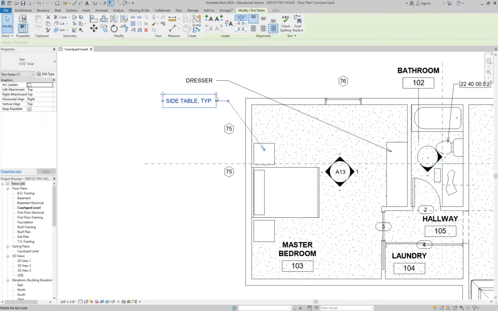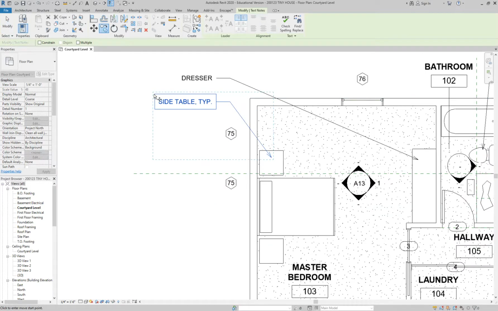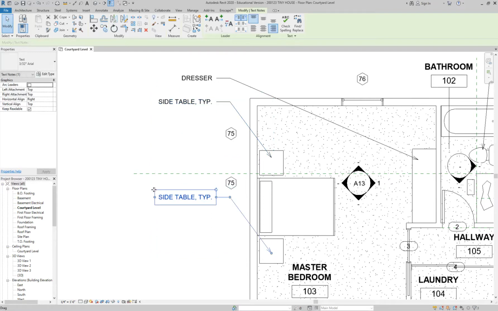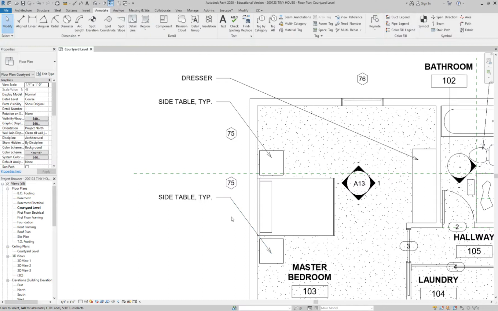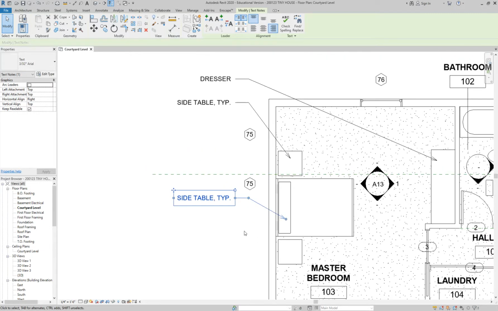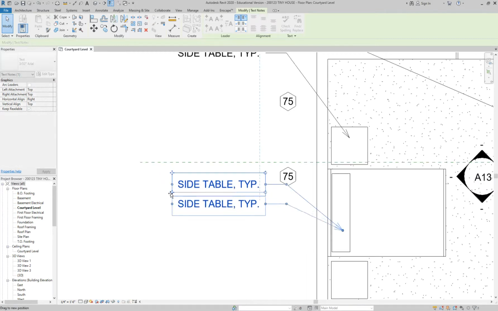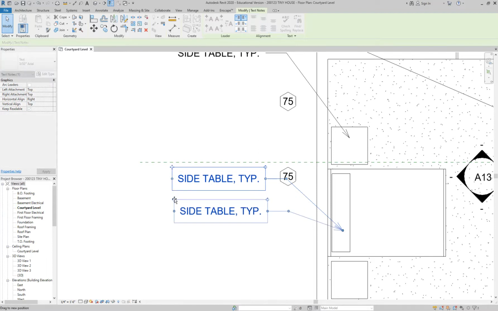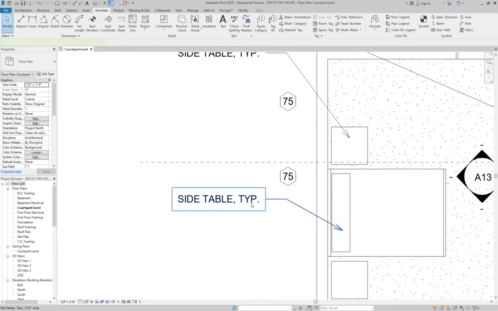The one thing that I like to do, let me do it one more time. So CC, I like to grab it from a corner so at least I know where the top is, right? So where my cursor is over here, I know that that's the top of it. So I'm going to drag it down to about here. And then I can grab these drag points and move them more accurately to where I want them to go. If you want to move just the label itself, you can click here. Or if you want to move the whole thing,